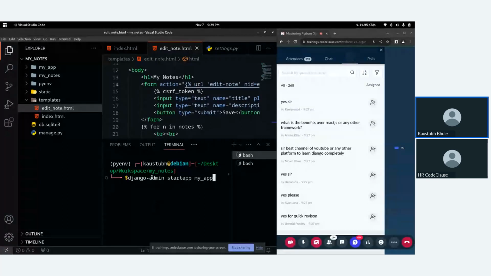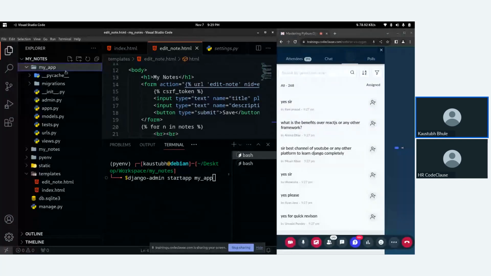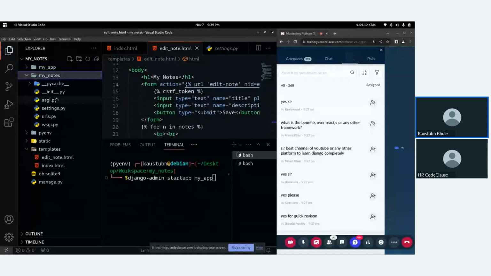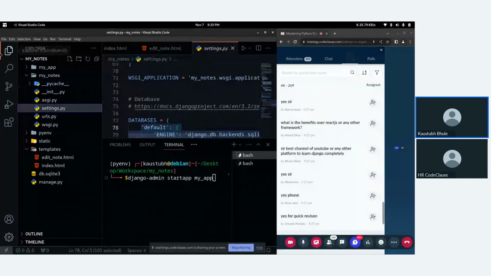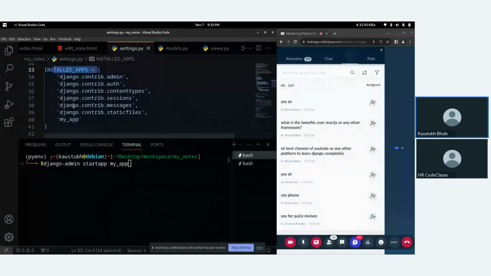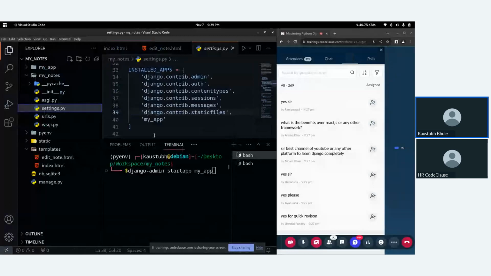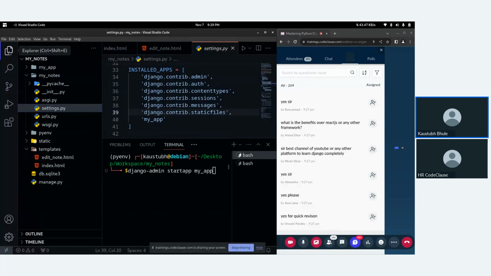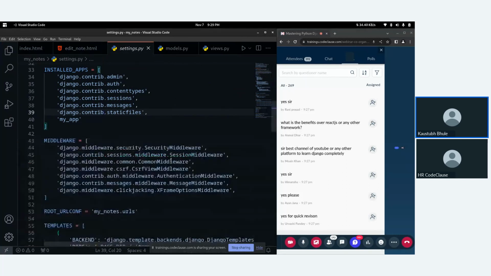After creating a new application, we need to register it in our settings file. So we go inside the settings.py file, in the installed apps section, and we added our my app. After that, we created two different folders to manage our HTML and static content, templates and static, and we linked them again using our settings.py file.